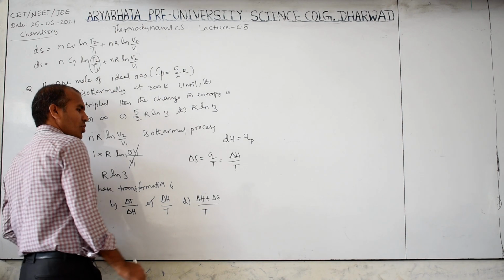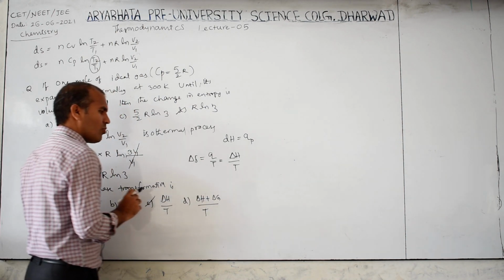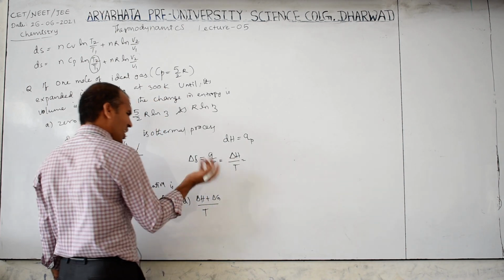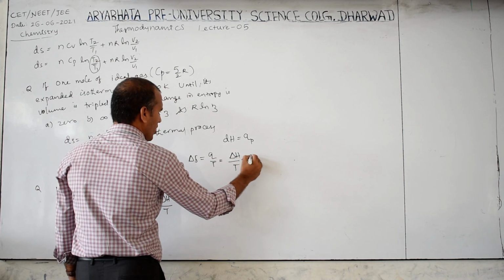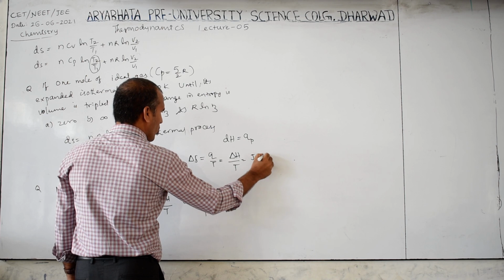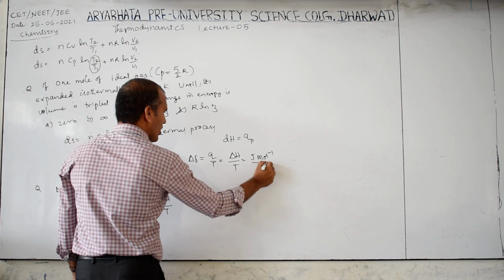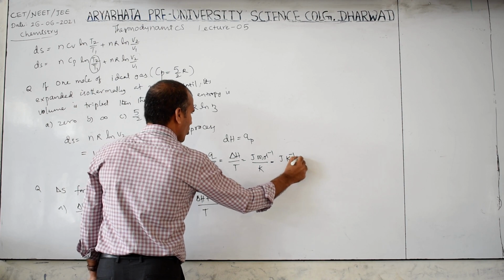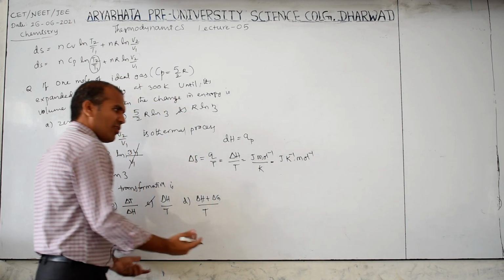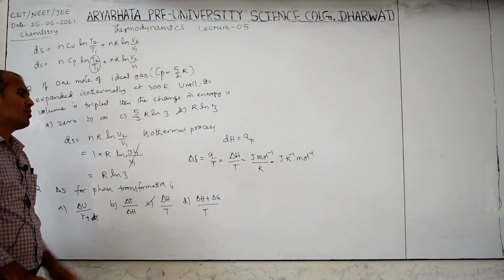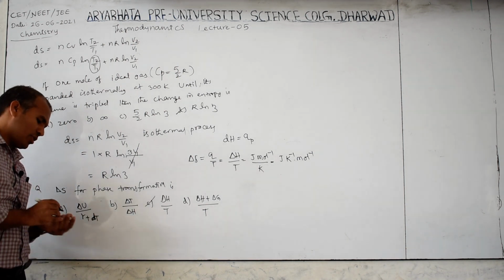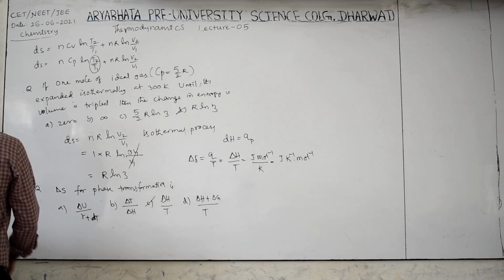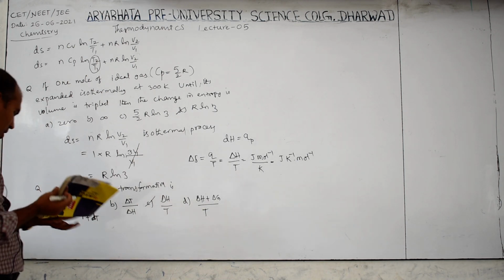Therefore they may ask the unit sometimes also. One time they asked this question: what is the entropy unit? Delta H or Q unit, what is that? Joule per mole. In the denominator, Kelvin is there, therefore joule Kelvin inverse mole inverse. Sometimes they may give kilojoule also. So units are also very important, because this is CET level, NEET level, this type of question they may ask. So next,